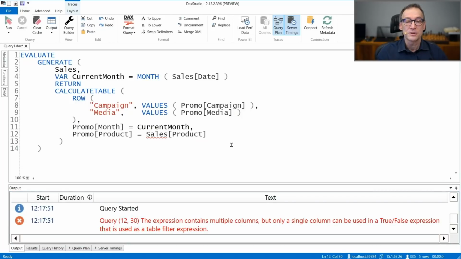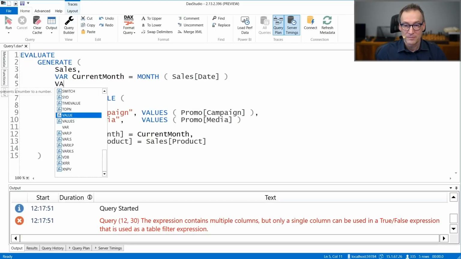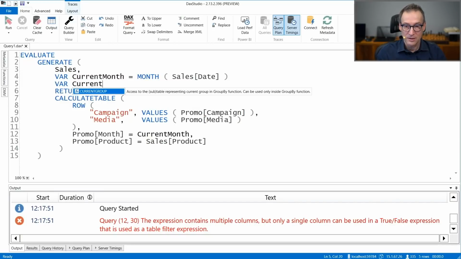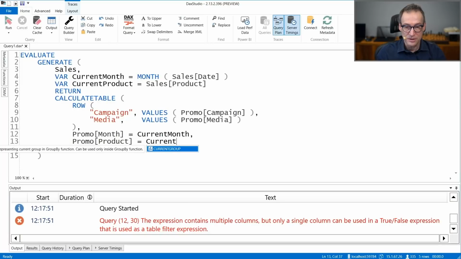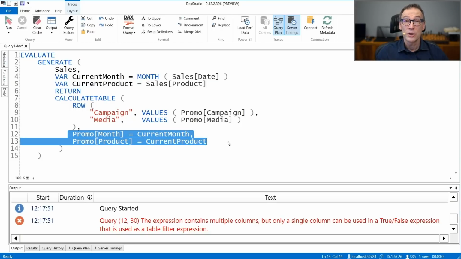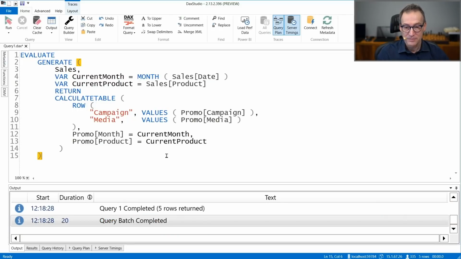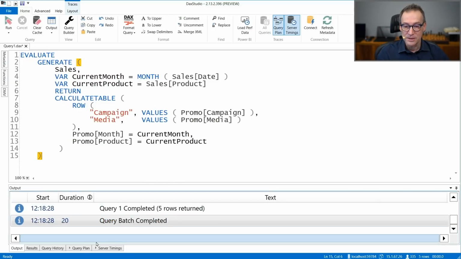So I cannot use sales product here, but I can save it in a variable, current product. I just saved the value earlier, and then I use it here, current product. Written in this way, now I use values here, and I place the filter only once on the table. I run it, I get my result.